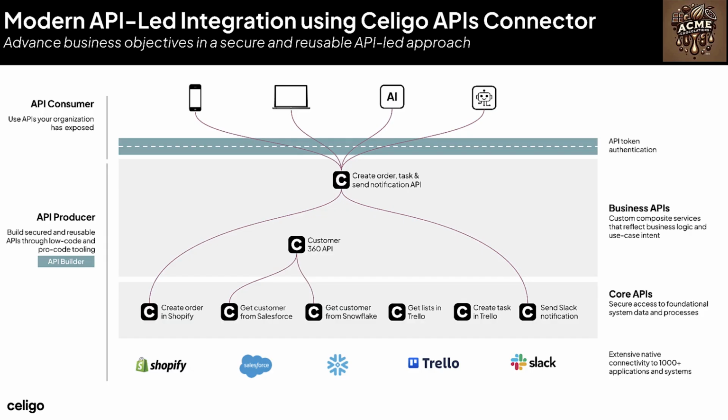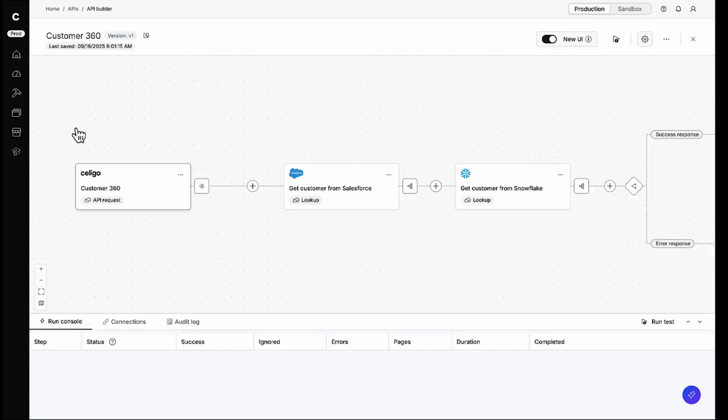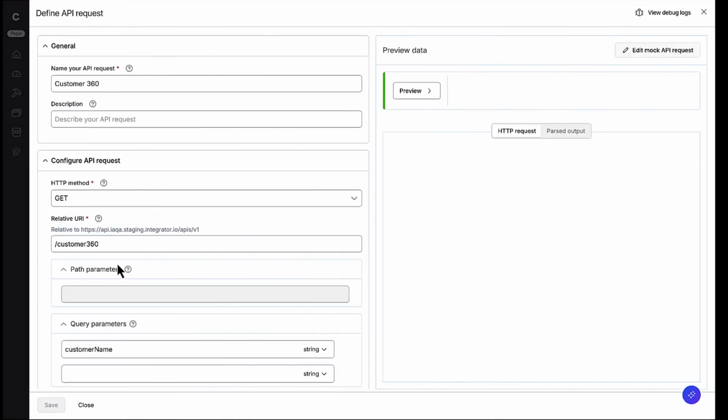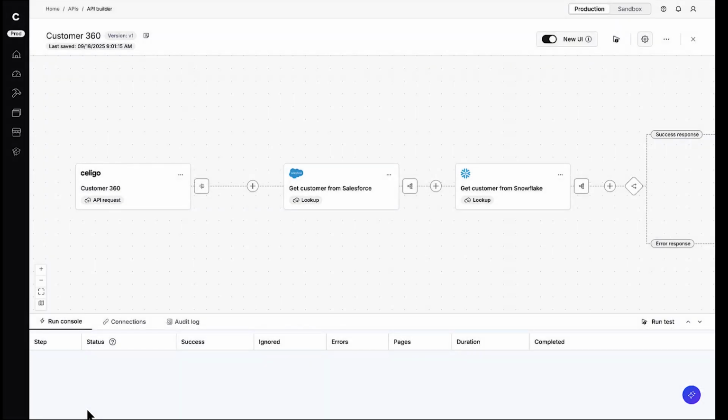For example, you already have an API that creates an order in Shopify and sends a Slack notification. To make those alerts truly useful for sales and support, you want to enrich them with customer context that lives in Salesforce and Snowflake. Instead of building the API from scratch, you can just reuse the Customer 360 API already created in your account. Here's the API which accepts the customer name as a query parameter and returns consolidated